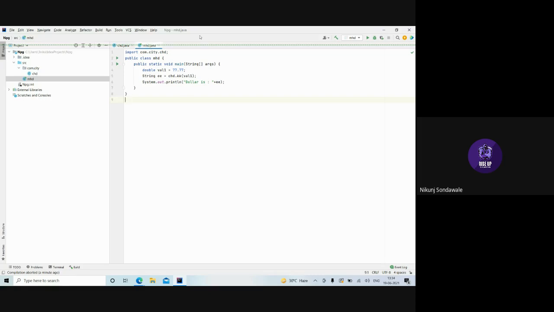Okay, and try to create this package on your own in your personal PC. Because you see, my PC is not supporting it right now because I'm recording the class, working on IntelliJ, and presenting the class at the same time. That's why. Hope you understand. Okay.